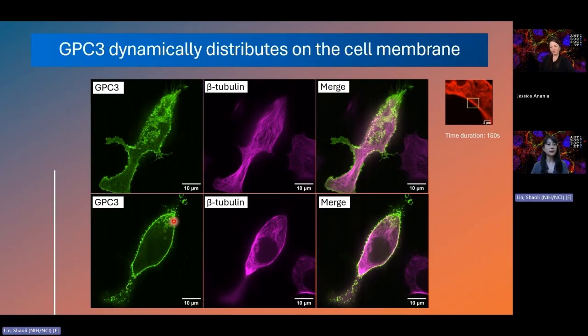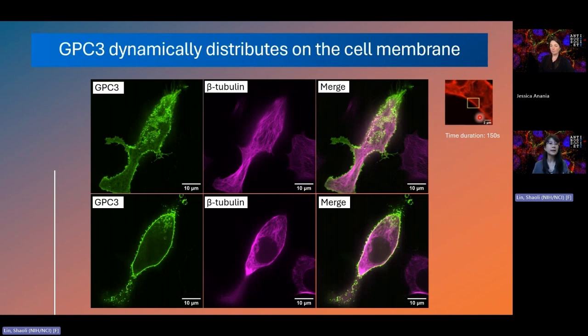And in addition to the GPC3 distribution, we also want to know the dynamics of GPC3 on the cell membrane. So we performed the FRAP assay for GPC3. Basically, we photobleached a small area of mCherry-GPC3 on the cell membrane. And then over 150 seconds, we recorded the recovery of the GPC3 fluorescence during this period. Then we can see from here, after photobleaching, GPC3 fluorescence recovers very fast, within 20 seconds,